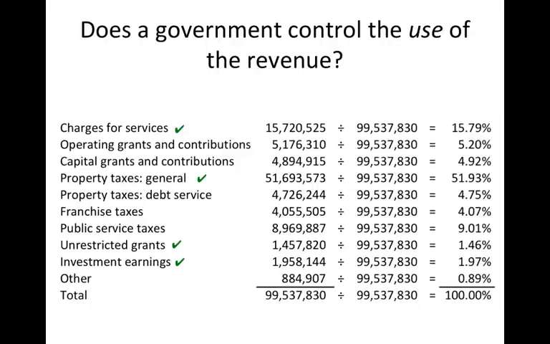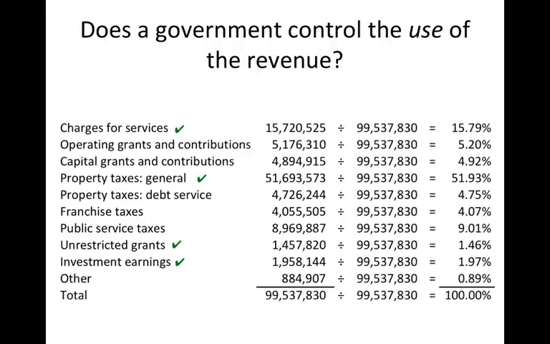General levies for property taxes, unrestricted grants, investment earnings. In most cases, those items are not limited, although you're going to always want to check these. You're going to want to look in the notes to the financial statements to see what they say about it, just to understand it. You may want to look in the budget document. That's another place where you might get a hint about whether there are limitations on how they can use this